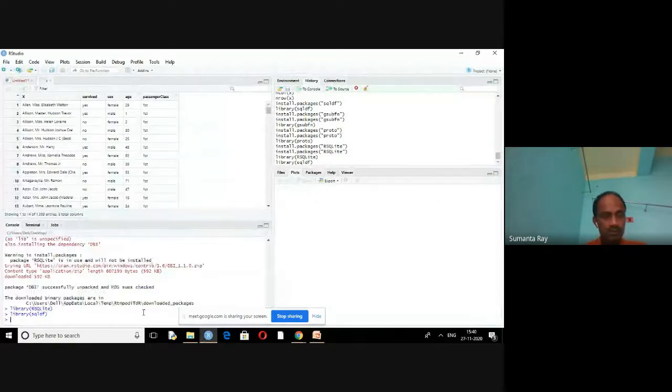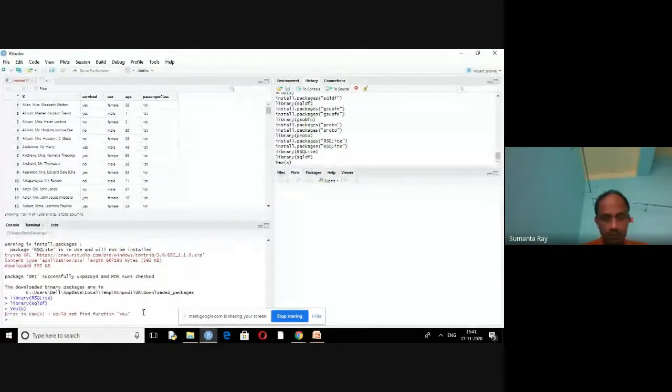So what was my file? The file was X. So within a particular variable, you are going to write a command.